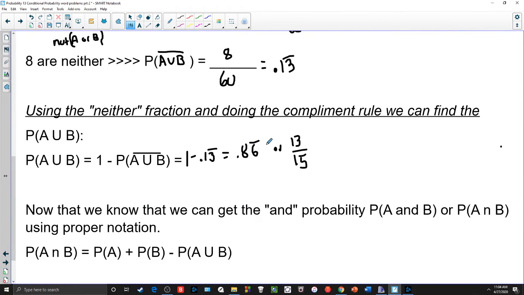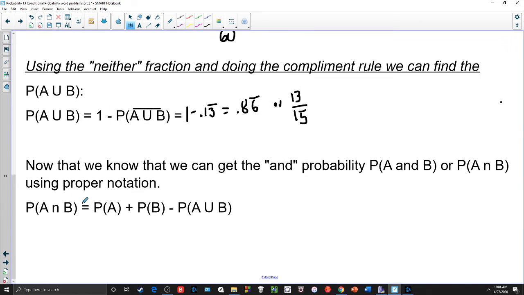Well, now that we have the or probability, we can get the and probability by using the formula. The and probability is the probability of A happening plus the probability of B happening minus the probability of them happening together. Again, this is to get rid of the double count. The probability of A is 33 out of 60. The probability of B is 30 out of 60. And the probability of either of them happening, A or B, is up here, 13 out of 15,